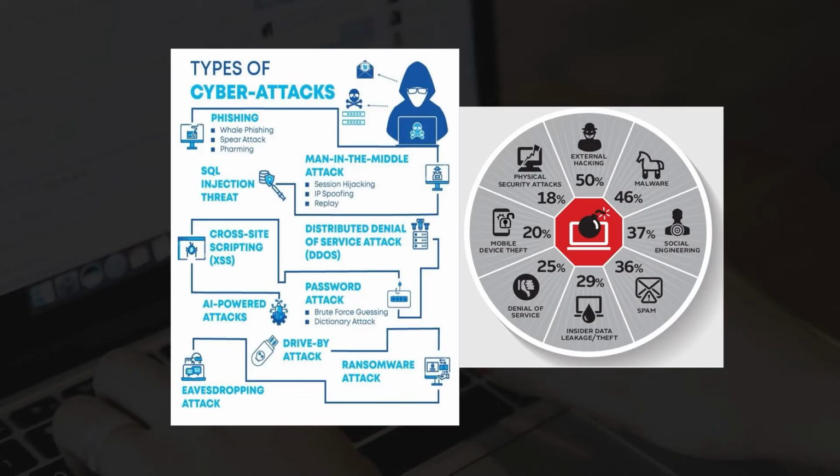So this is a kind of message which is coming up, and password attack is there. And AI powered attacks, artificial intelligence powered attacks, are coming up, which is one step ahead of that. And we have observed that distributed denial of service attack, DDoS, is coming up. If you see this particular pie chart, you will find out that malware percentage is 46. Social engineering, like from the social networking sites, they get the details, and then they float certain information, and you come into that trap. The moment you come into that trap, you will be in trouble.